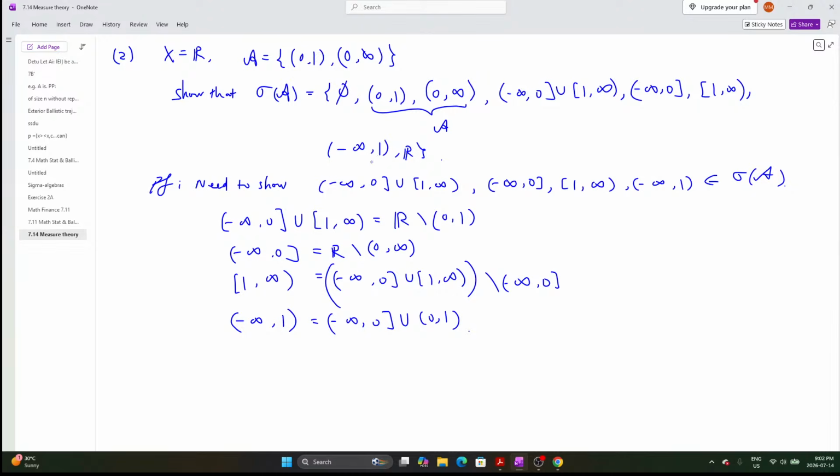I claim that to show this is the smallest sigma algebra containing A, we just need to show this is a sigma algebra, because you cannot delete anything from there. So this is the smallest. So it remains to show